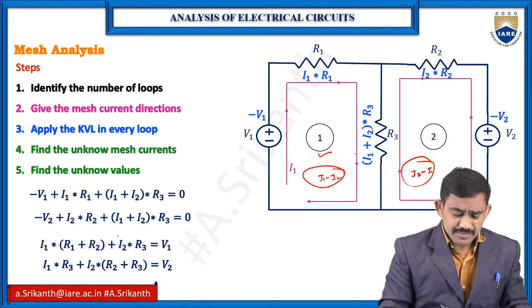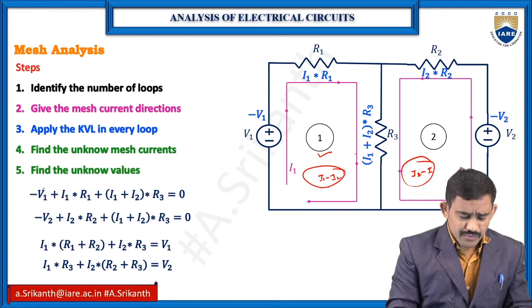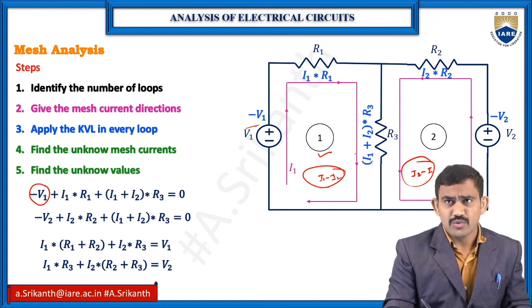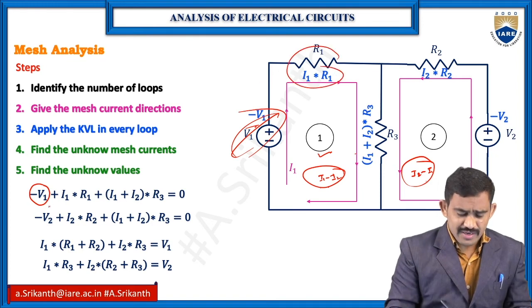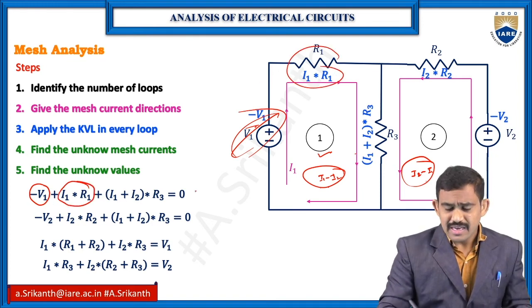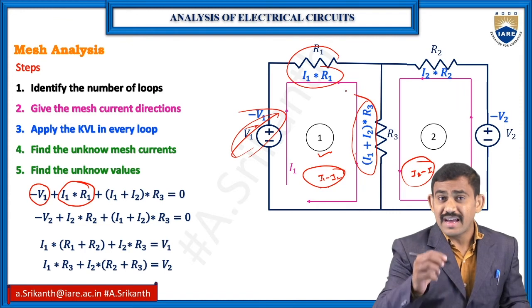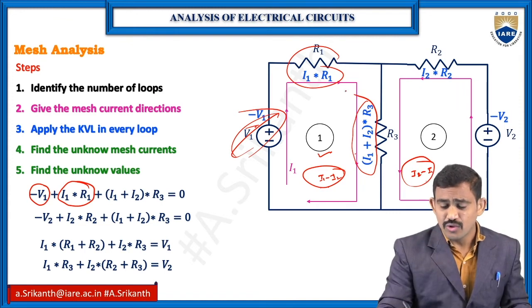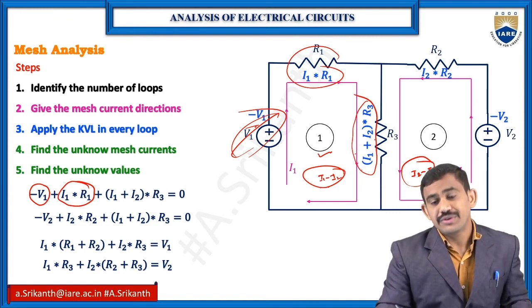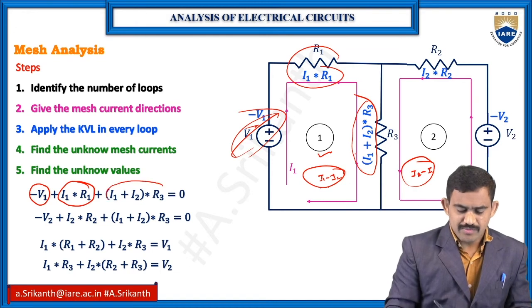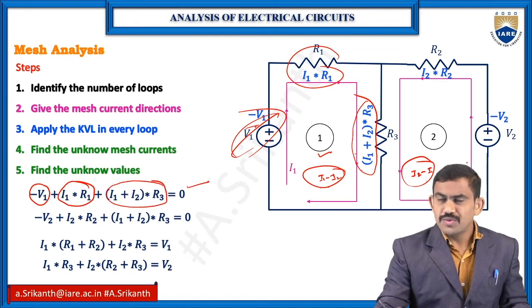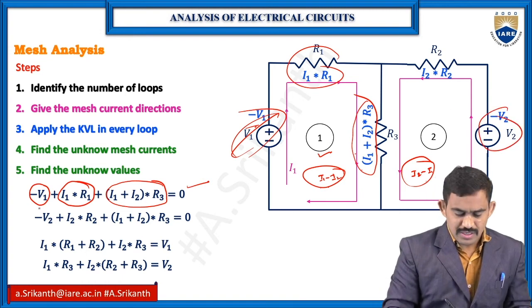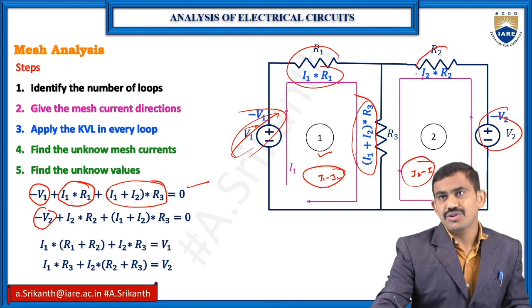Your equation for loop 1: we have the V1 voltage drop, so that is completed. Coming to the next voltage drop, I1 into R1. Then the voltage drop across R3 is I1 plus I2 into R3, equal to 0. Coming to loop 2, again I have a voltage drop, and here I have I2 into R2,